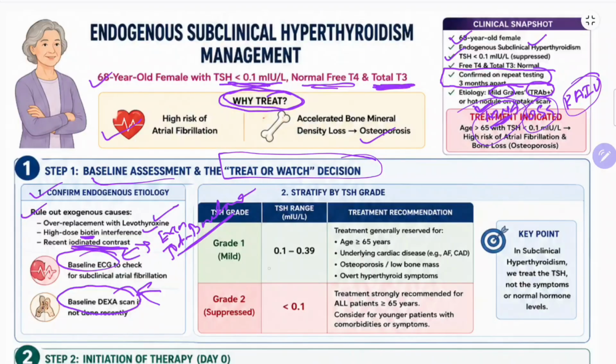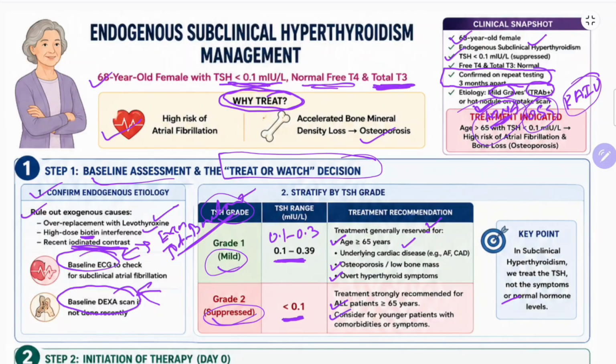Now you can classify according to TSH grade as mild and suppressed. Mild is when the levels of TSH are between 0.1 and 0.3. There, treatment is generally reserved. Treatment is given in this range for patients who are aged more than 65 years, who have cardiac disease, who have osteoporosis, and who have clinical hyperthyroid symptoms. So these patients should receive therapy in this range. Now if it is less than 0.1, then all patients aged 65 years or more should receive therapy, and consider therapy for younger patients